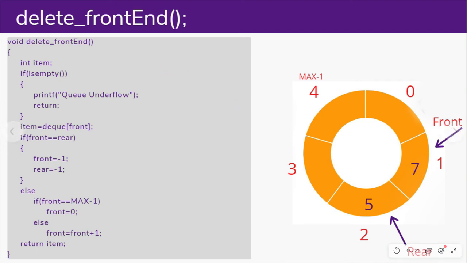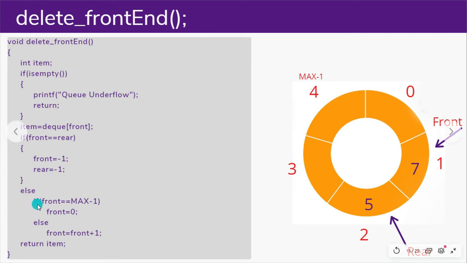So now again we are going to delete from the front end. Again we are going to create a variable called item. After that again we are going to check is empty condition, but no, this condition is false as we have 2 elements in our queue. After that the element gets deleted, that is it gets assigned to the variable item. So 7 would get assigned to the variable item, and after that it would check if front equals to rear, but no, this condition is false, our front is pointing to 1.